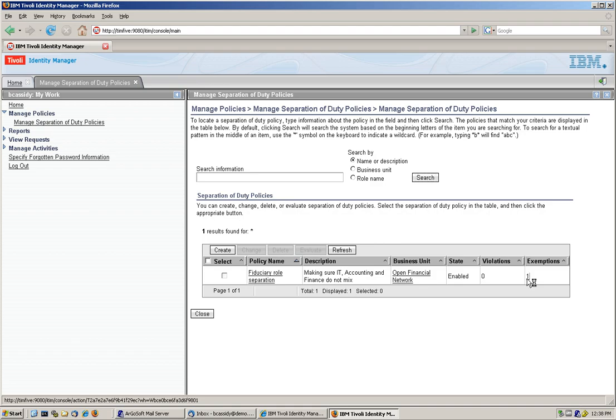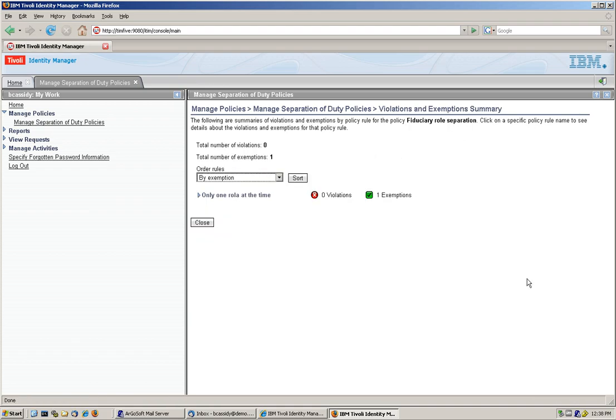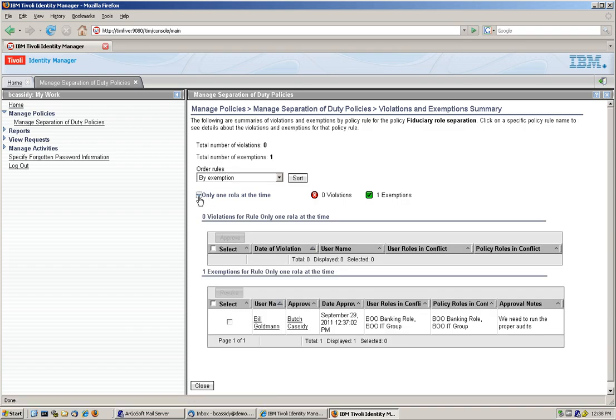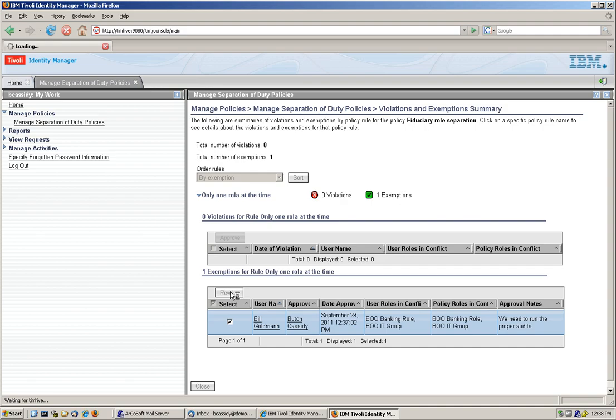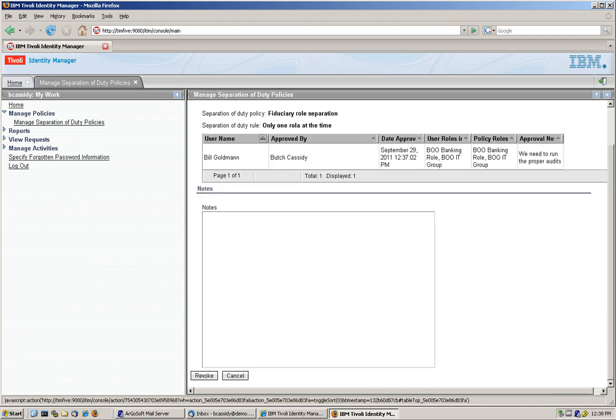So he can go periodically here and see. Oh, look at that, I have one, and expanded here. Oh, yep, this is Bill Goldman, who was approved by me to get these 2 roles. And let's say that the time has passed for the people to hire the other guy to eliminate these, and this hasn't happened. What Butch Cassidy can do is actually go ahead and revoke this. And he's washing his hands and saying, you know what, he can put a note here that will go into the report,